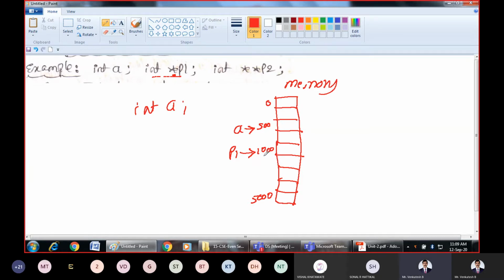Now P1 has got an address of 1000, and next take P2. Assume it has got an address of 5000. So this is what is going to happen whenever you write these lines. That means now we have declared 3 variables: one normal variable and 2 pointer variables.